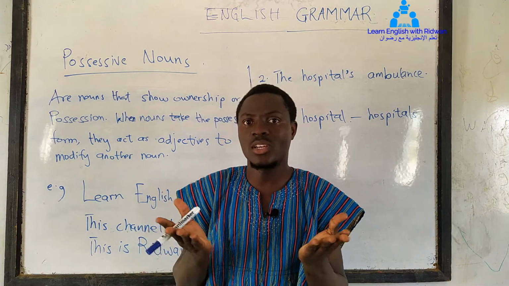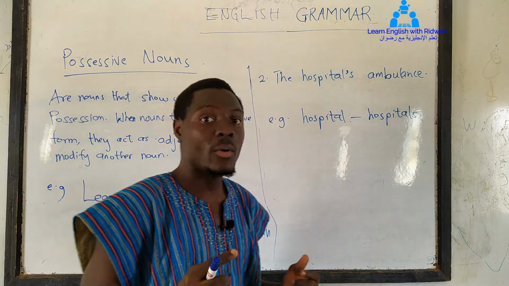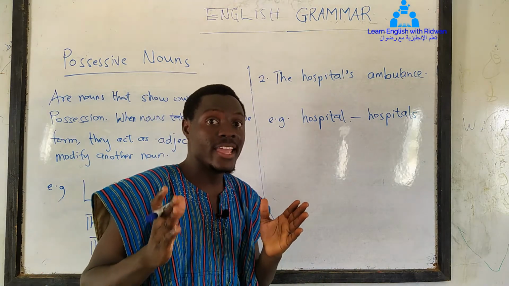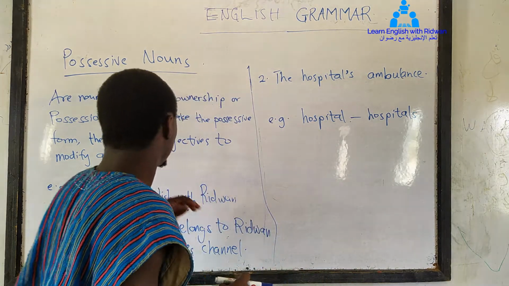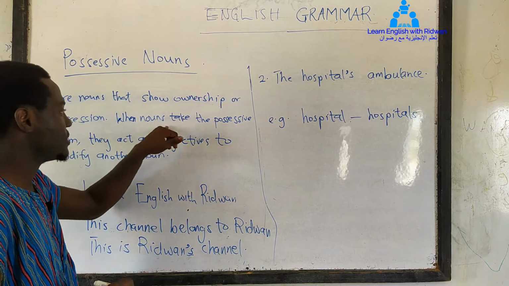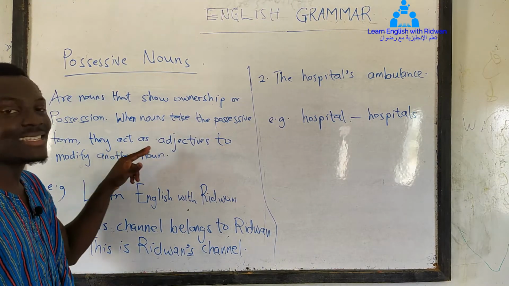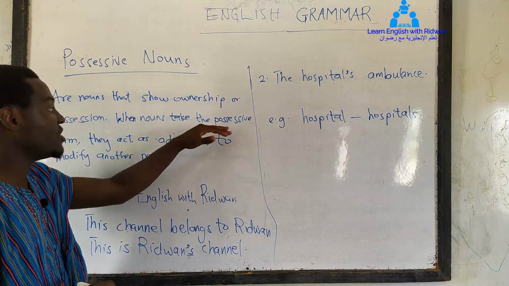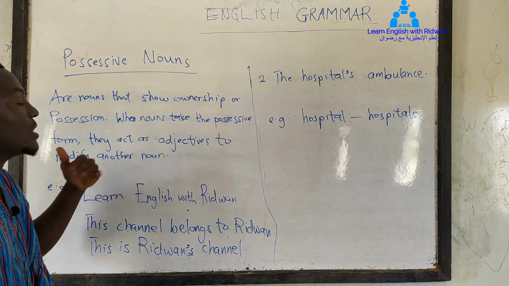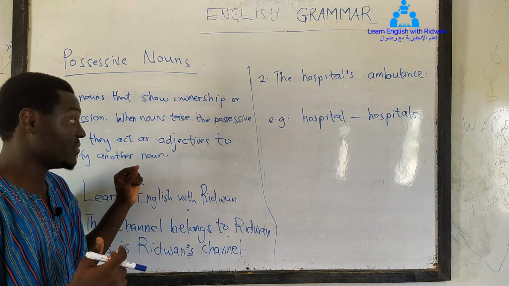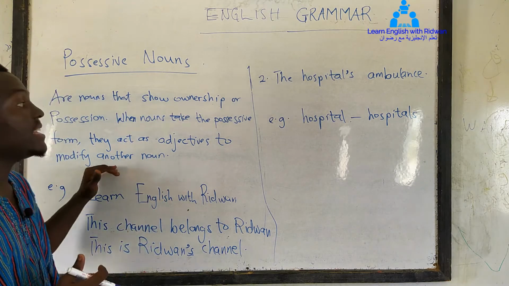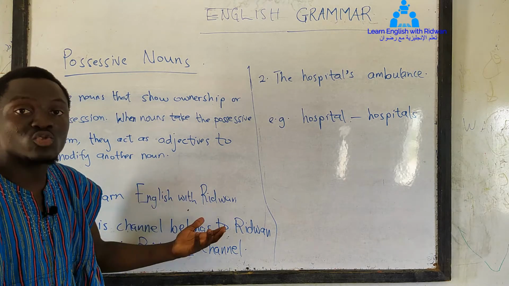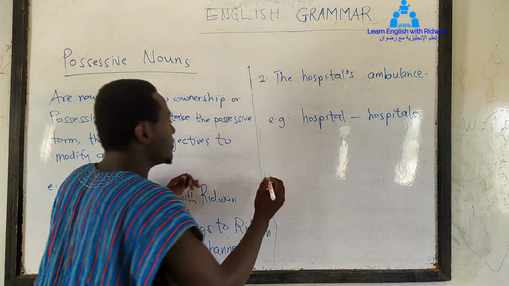These are what we refer to as what? Adjectives. So now I want you to pay careful attention here, because I want to explain when nouns take the possessive form, they act as adjectives to modify another noun. أي في صيغة الملكية يتم التعامل بهذه الأسماء كصفات لتعديل الاسم الآخر. ما المقصود بهذا الكلام؟ مثلا example،